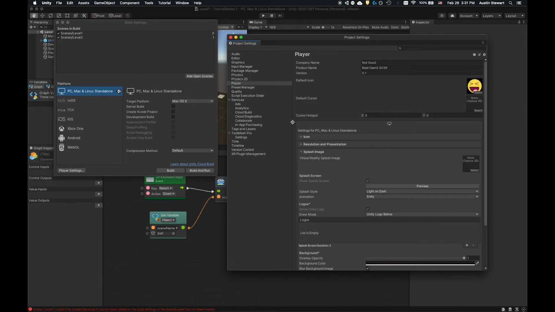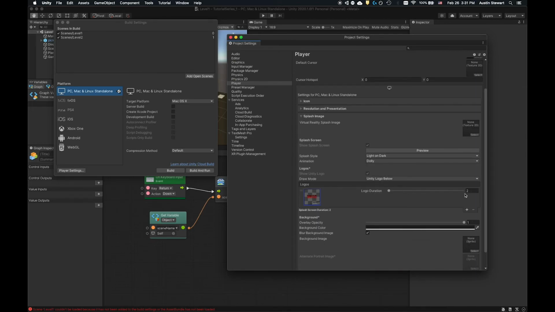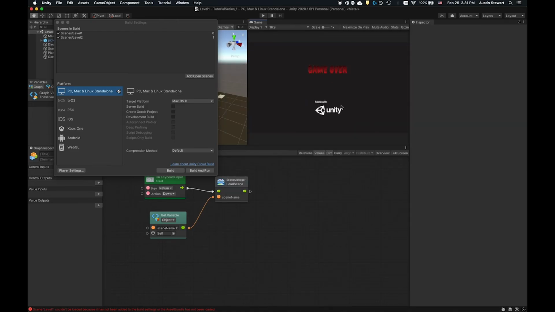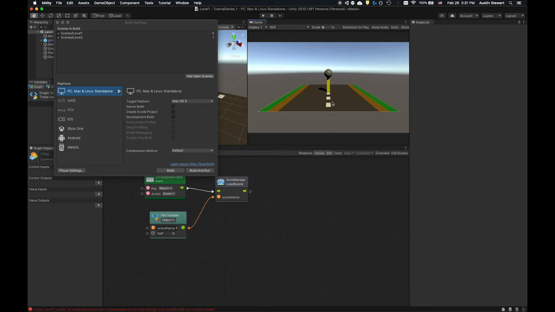The splash image. Basically, when it pops up, should something splash, and then there's this list of potential logos as well. So if I click on this, I can select a sprite and say, maybe game over is the logo that I want to start with. I don't know. And by default, these logos play for 2 seconds, and the Unity logo is drawn below the logos. So if I click preview at this point, yep, it might show that game over thing